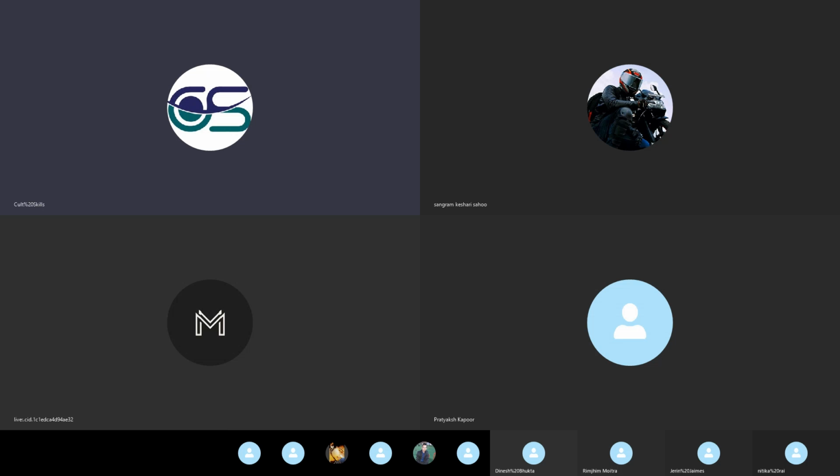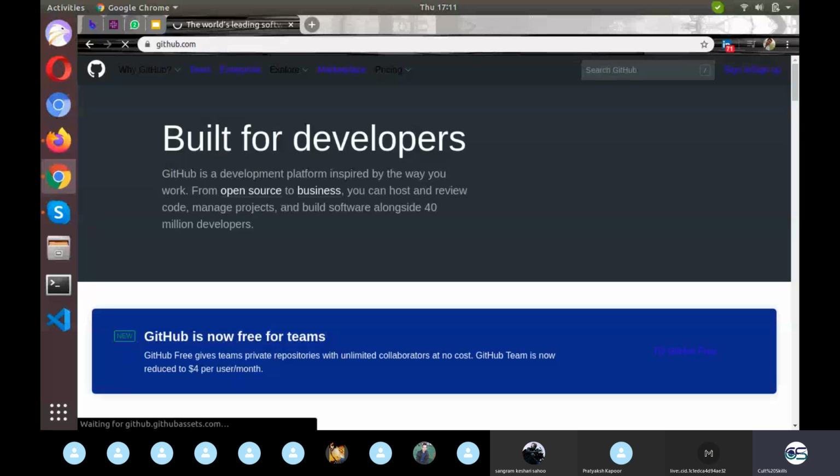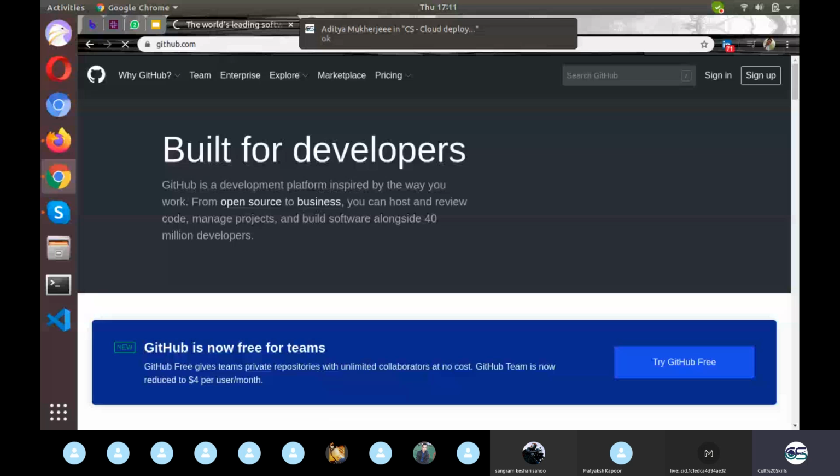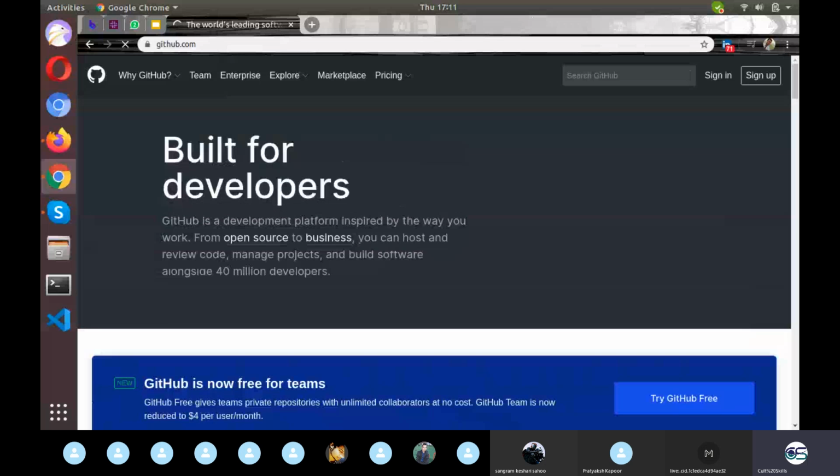We need to find any GitHub repository. Suppose I go for anything, like I'll search for chatbot. So we'll pick any random repository.